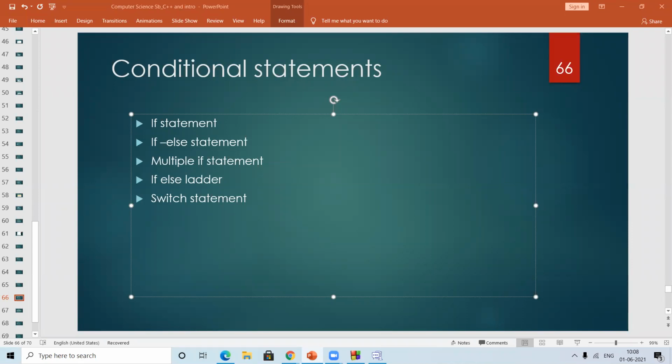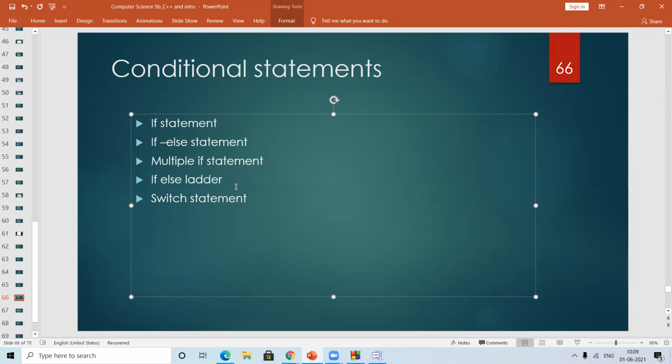If you're getting confused with the character input, it's okay, you can make it 1 for Monday, 2 for Tuesday, and so on. Understood the question? That is for the switch statement. I'm not getting into the switch statement right now.